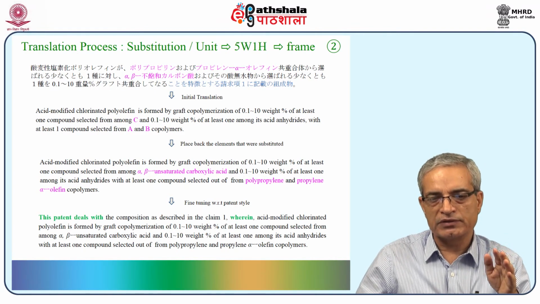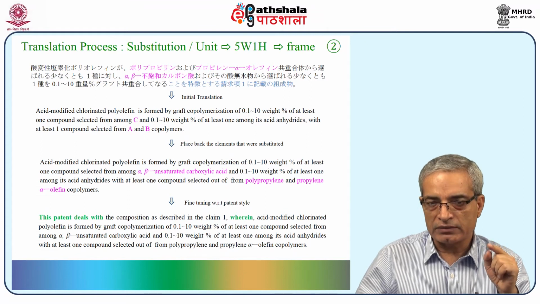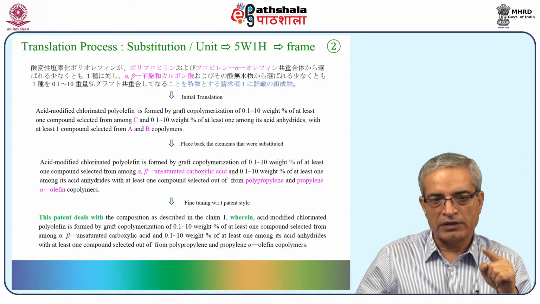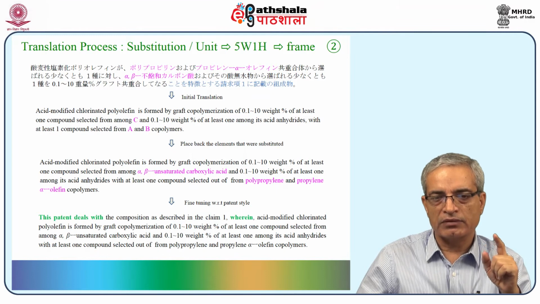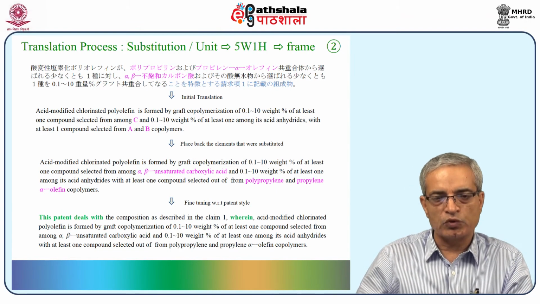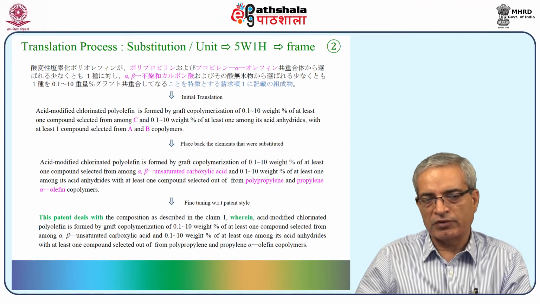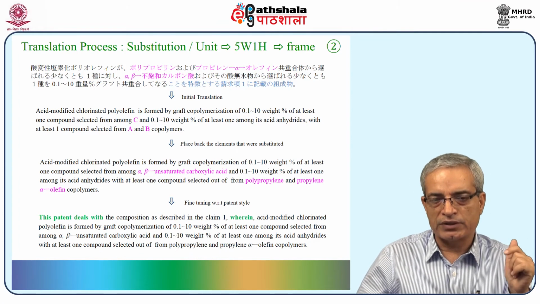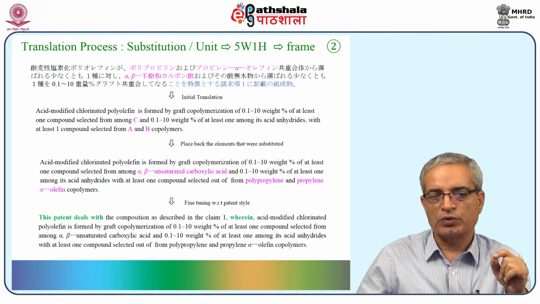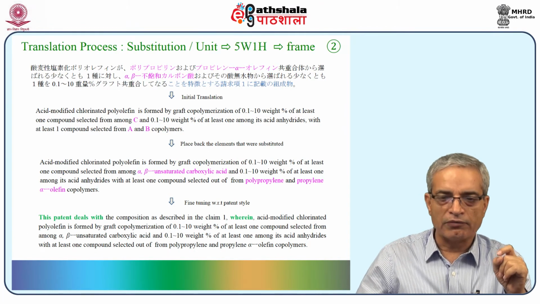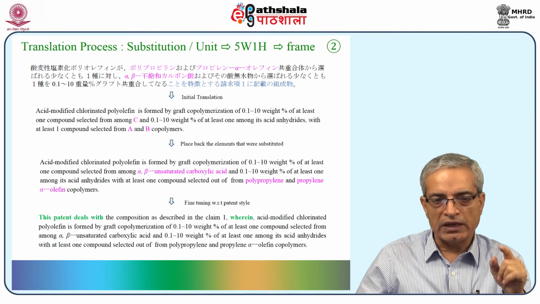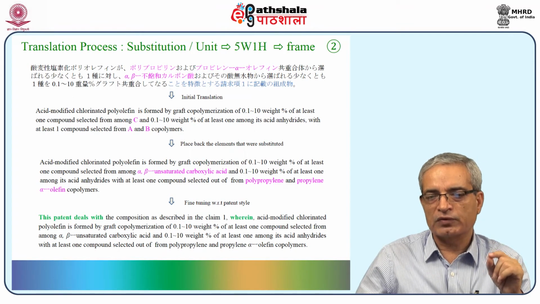So this patent deals with the composition as described in claim 1, wherein claim 1 is also coming back here, wherein acid modified chlorinated polyolefin is formed by graft copolymerization of 0.1 to 10 weight percent of at least one compound selected from among alpha beta unsaturated carboxylic acid and 0.1 to 10 weight percent of at least one among its acid anhydrides, with at least one compound selected